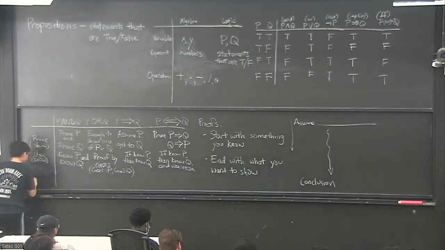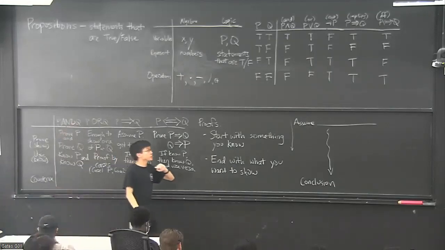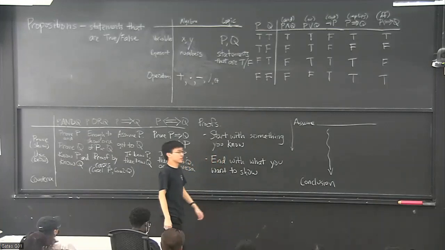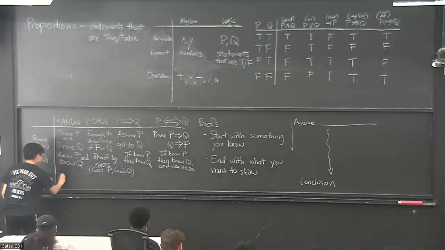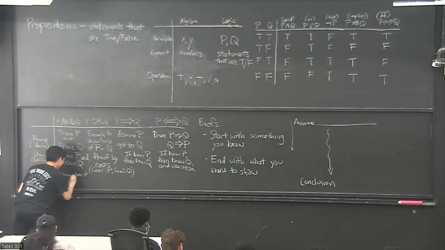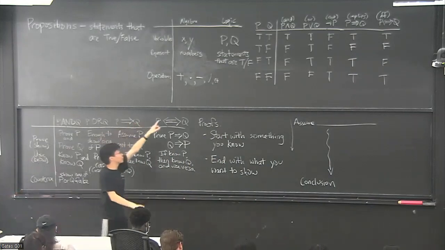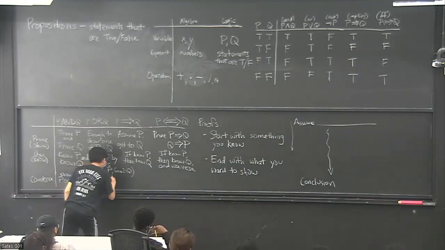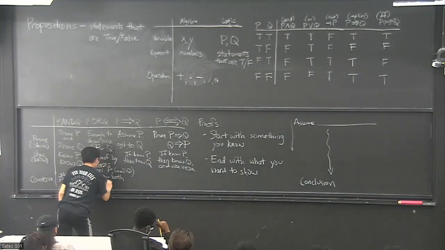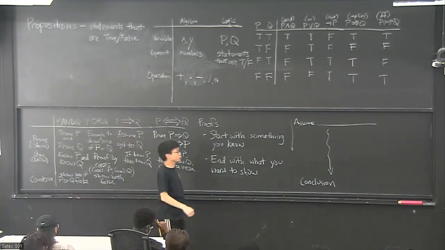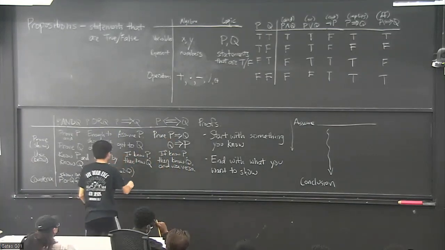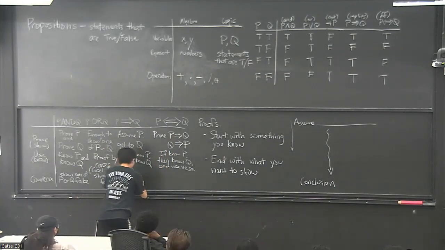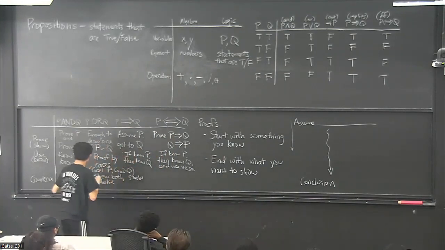The last thing is for a counterexample. To show P and Q is false, all you need to do is show one of them is false. So you just need to show one of P or Q false. To show the OR statement to be false, you need both of them to be false. So you need to show both false. To show P implies Q to be false, you need to show